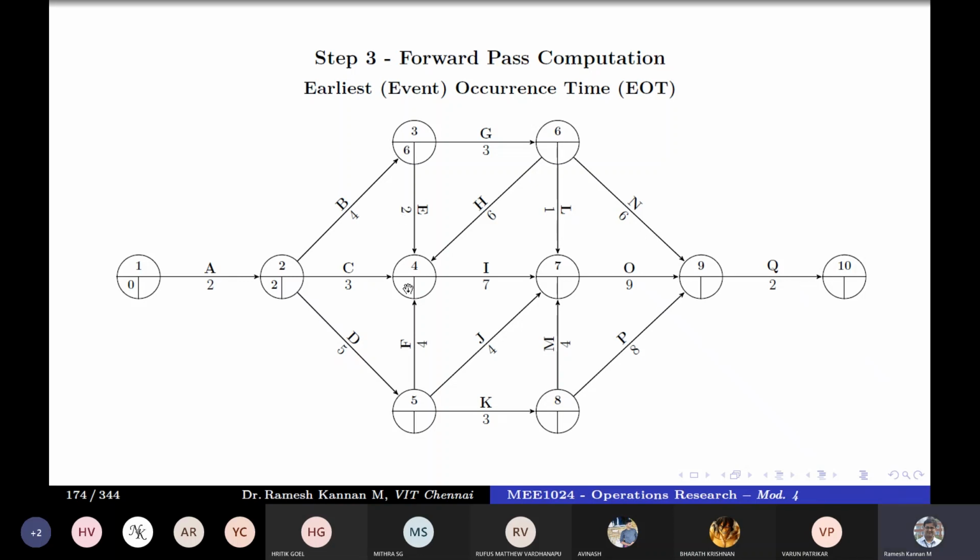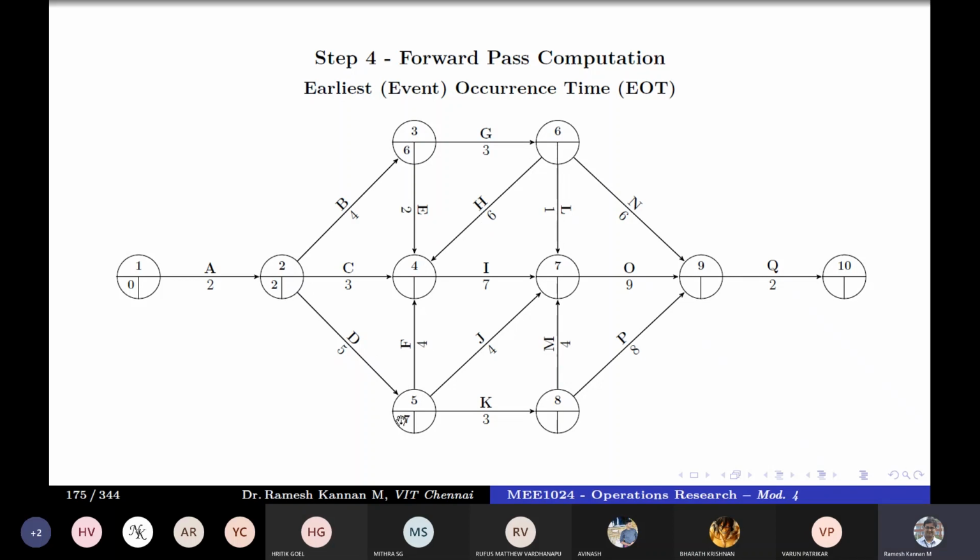So which means that 2 plus 3 is 5 here. Then 6 plus 2 is 8. And you need to calculate this thing plus this thing, and that will be here. Or this thing plus 4 will also be here. So which means that the maximum of that will be the earliest event of 4. I repeat, event 4 has to wait till activities F, C, E, and H get over. So for that, we know here 6 plus 2 is 8 and 2 plus 3 is 5, but we are not pretty sure here what plus this is here and also what plus this is here. So first we'll take a look at D.